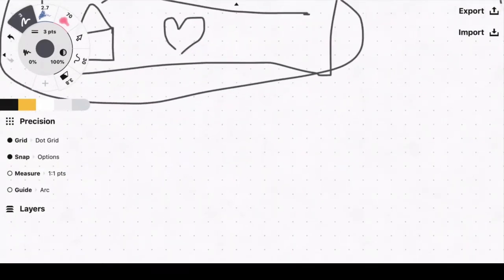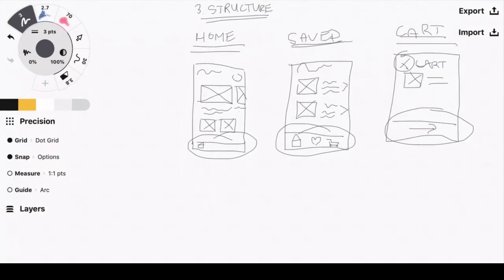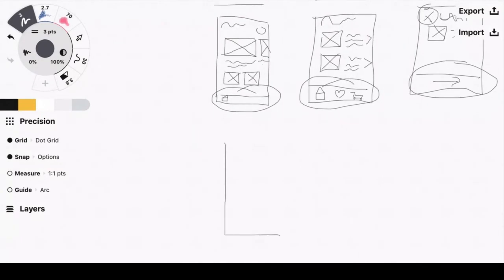Cart could live in here as well. Let's draw a little cart. That's going to have to work. Okay, so now we know some basic navigation pieces that we like. Now we can start thinking about our home screen a little bit more. So if we redraw it here,